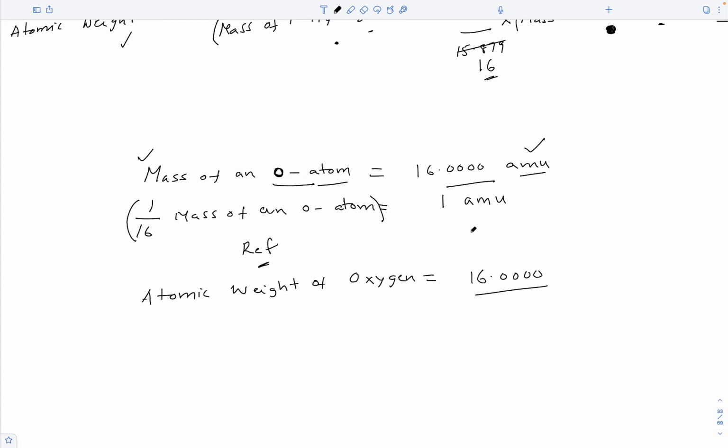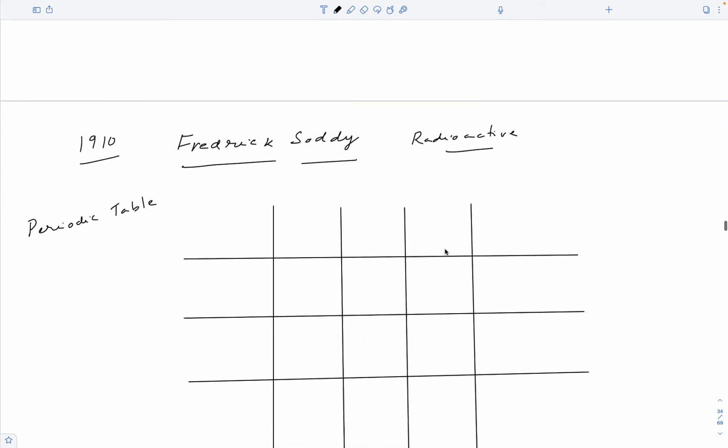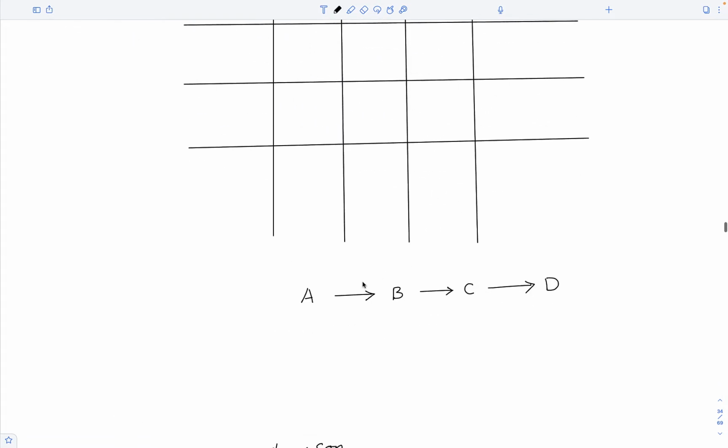In the year 1910, an English radiochemist by the name of Frederick Soddy discovered something very interesting. He was doing research on radioactive substances, and we know there are some elements like uranium, thorium, polonium that spontaneously emit some invisible particles called alpha and beta particles. And the interesting thing here is, after emitting these particles, atoms of an element change into atoms of an entirely